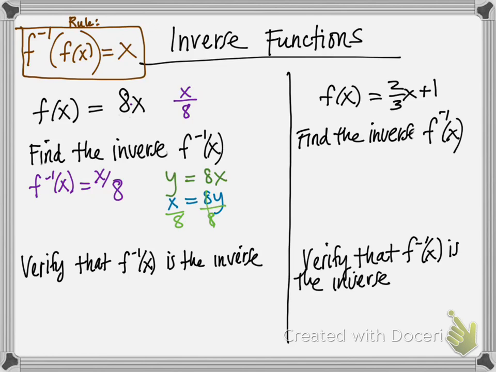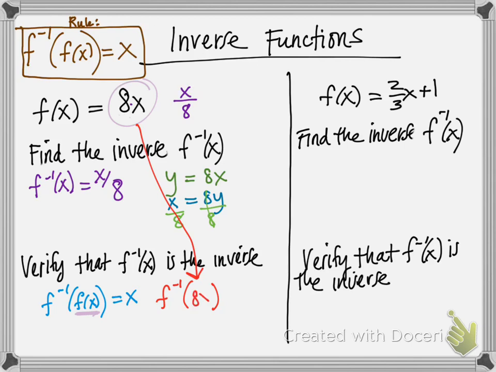Okay, so in order to verify that this is the inverse, the rule says that f inverse of f of x is equal to x. So we're going to show that f inverse of f of x is equal to x. So this is the composition of functions. So what this is saying is taking the inside parentheses, I'm going to replace f of x with 8x. So this is saying f inverse of, and again, all I'm doing is replacing the inside with 8x. So f inverse of 8x is saying